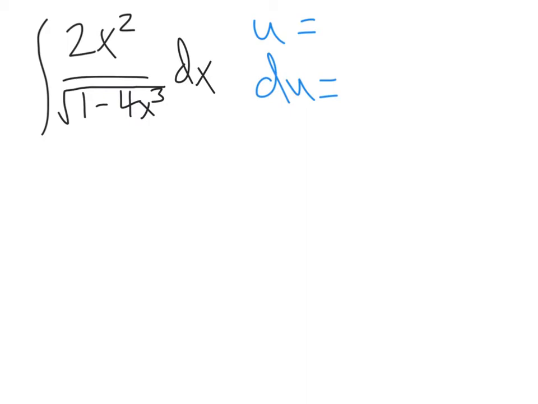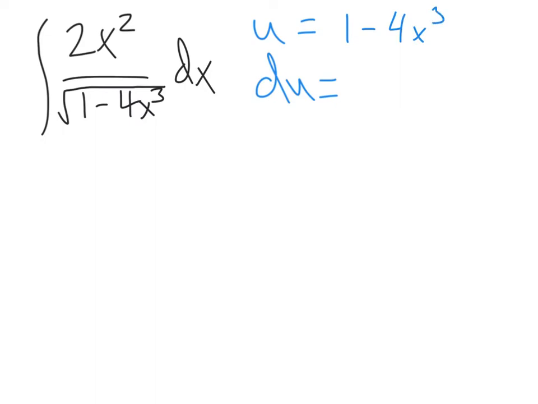So for example here, we want to pick a u that's in the complicated place, and right now we have an expression inside the square root that's in the denominator. Notice if you pick u to be the 1 minus 4x cubed, the derivative isn't exactly in the problem. The derivative would be negative 12x squared. We have 2x squared instead, but notice that differs by a constant. Right? We still have x squared, which we can work with, and we can just change around the constant in front. So we'll make our u substitution as 1 minus 4x cubed,